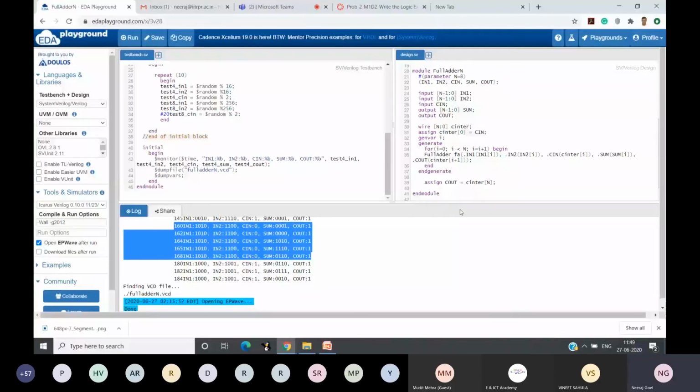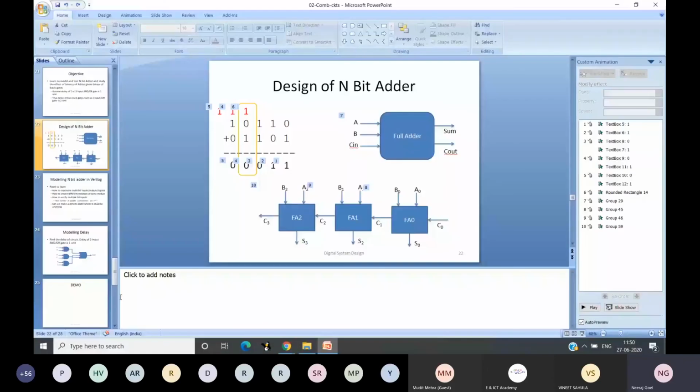Okay, so with this, I'm done with this demo part. I can share both of these codes with you. When I upload the PDF, I'll give the link of both of these codes. Okay, so now let us